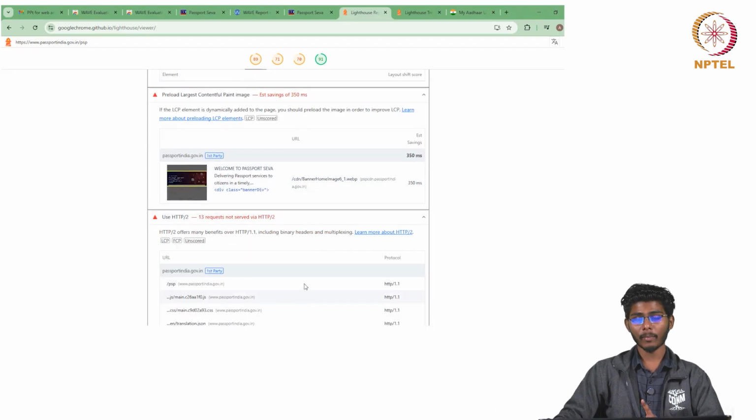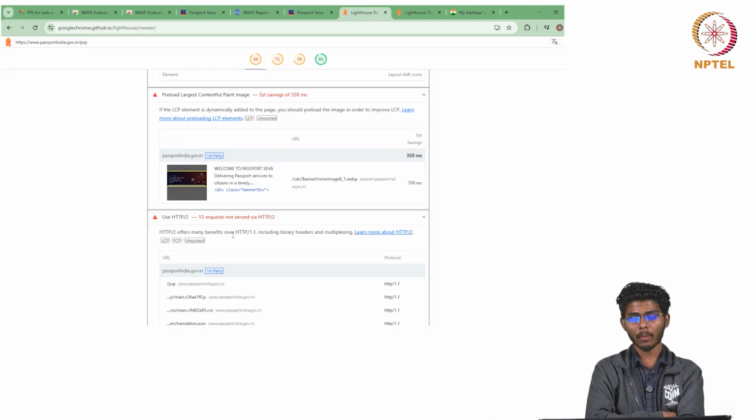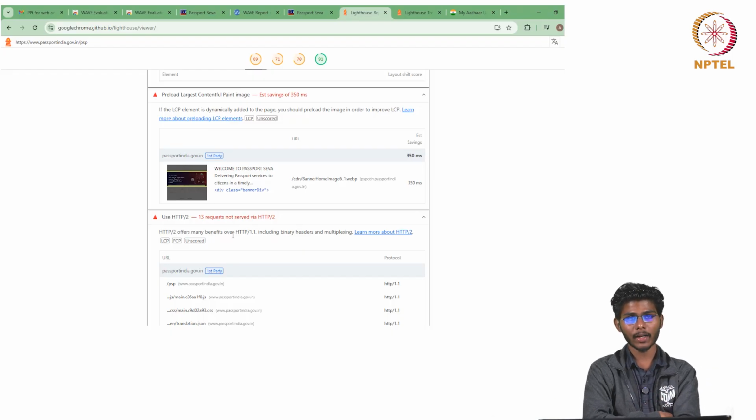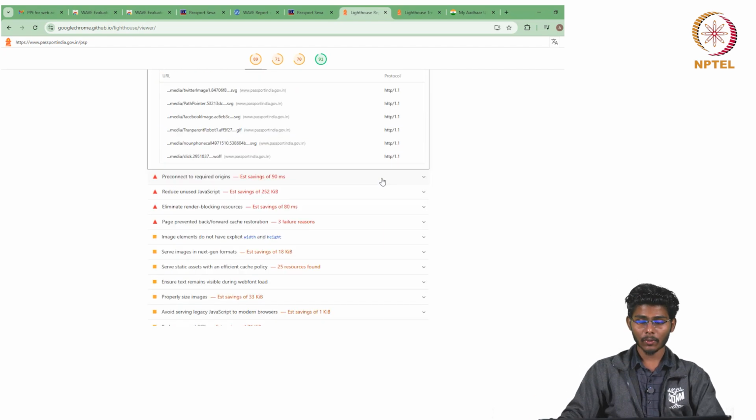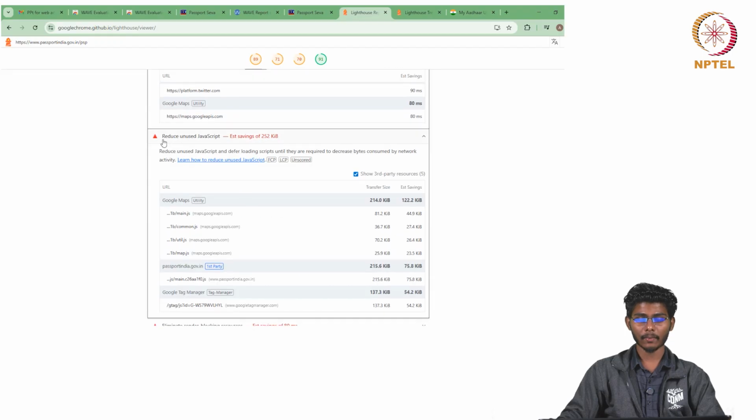And as I mentioned, in the best practices, this interface is using an HTTP 1.1 server. For much better improvement, we can use an HTTP 2 server, etc. Here you can check each of the diagnostics that are mentioned.